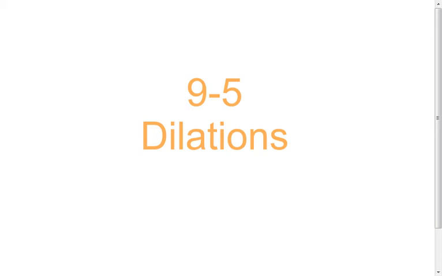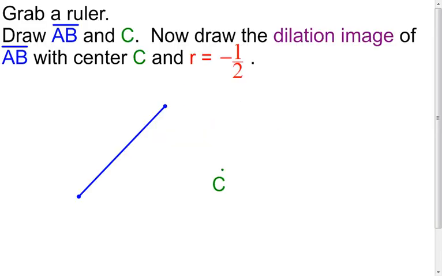I'm going to take a look at some examples dealing with dilations. In the first one, I'm actually going to dilate a segment, and I didn't put my points A and B in here, so I'll put that. But I'm going to dilate segment AB using C as the center, and I'm going to use R, or sometimes referred to as K, the scale factor